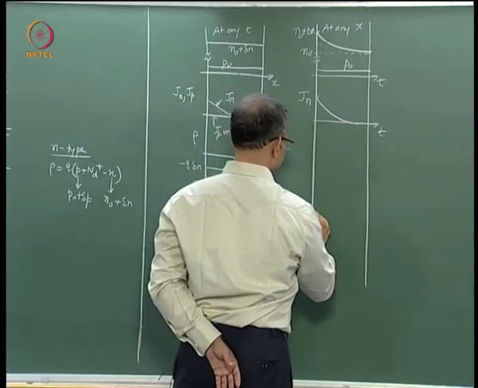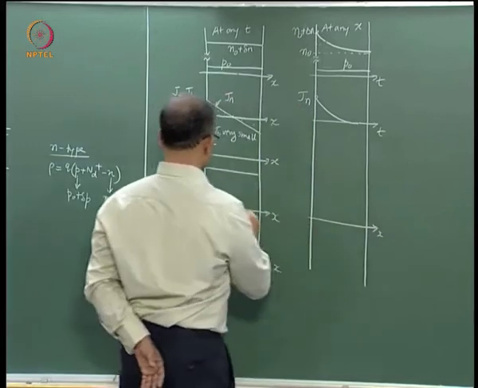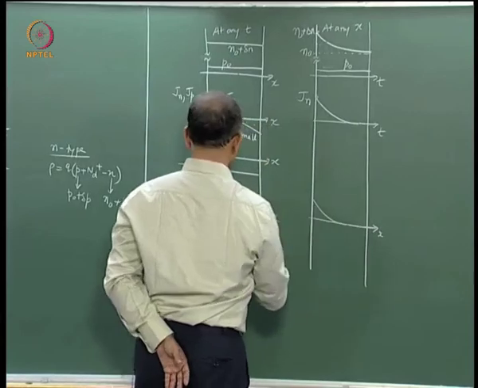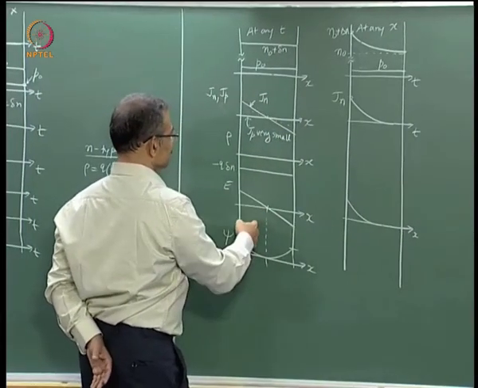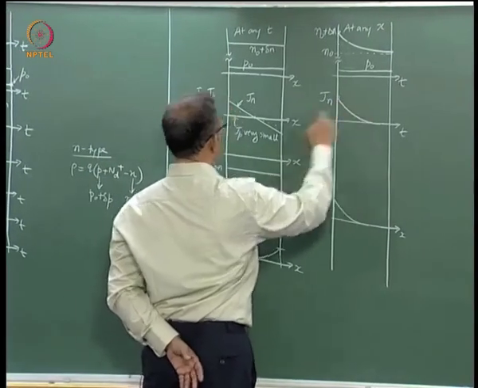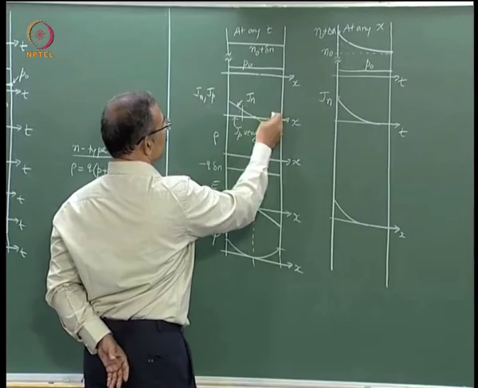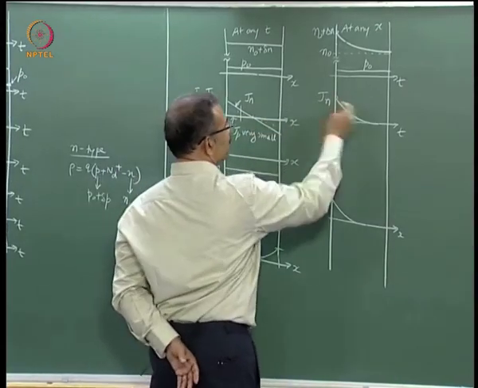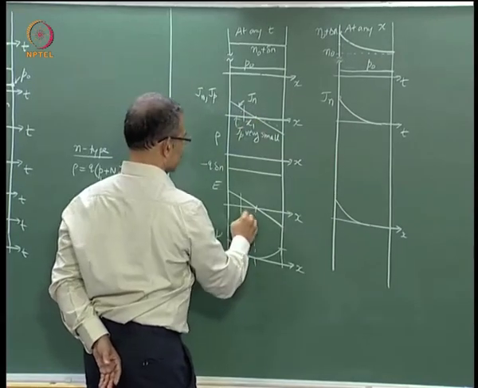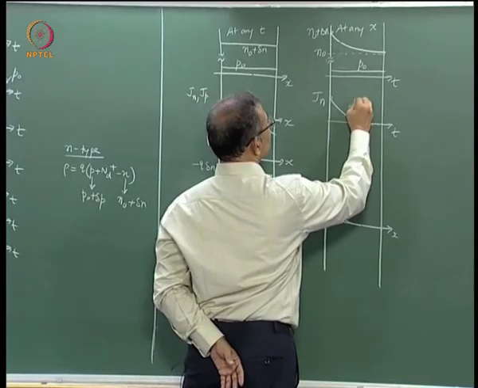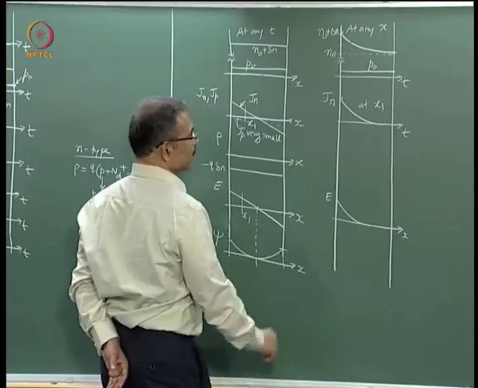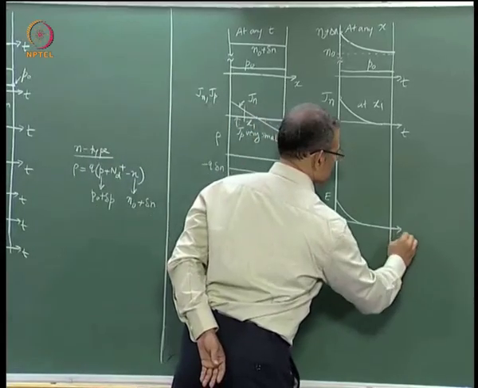If you want to plot the electric field, that would also fall at any x. So let us say if I take the x here, we are taking an x somewhere here. Similarly, this electron current has been shown to be positive, which means the x is somewhere here, right? If you take x here, the electron current would be negative. So let us say this is the place x1. So this is at x1, and similarly this electric field is as a function of t.